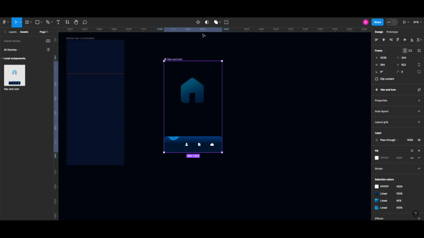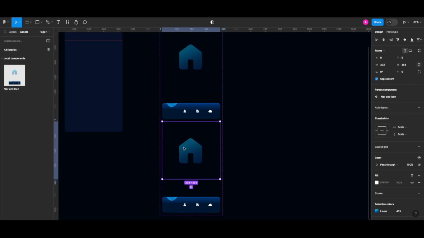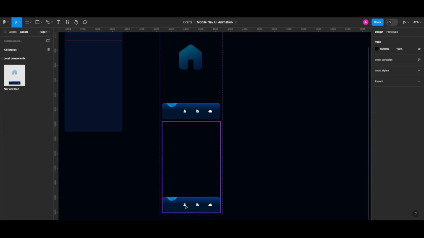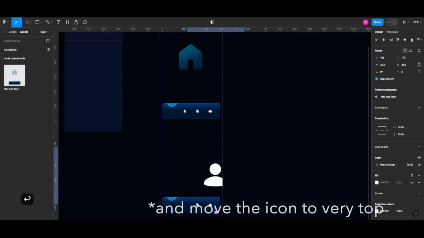and let's create a variant. And in this variant, I'm gonna delete the home icon. And since this is going to be our user active variant, as I locked the ratio here, I'm gonna make this full width. I'm gonna enter 393 as width